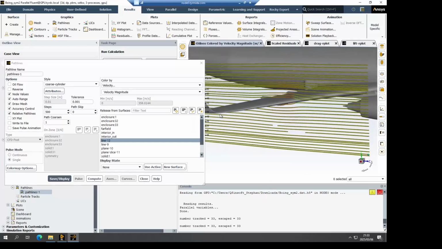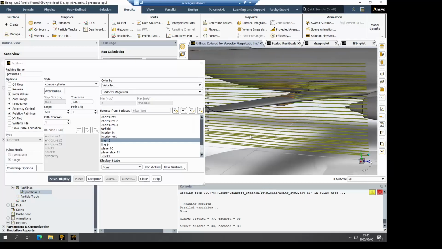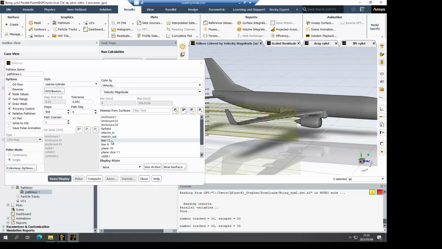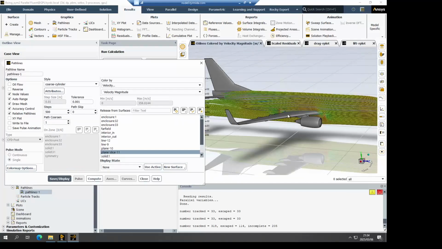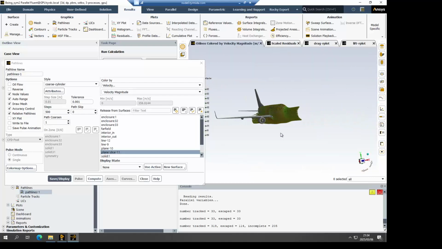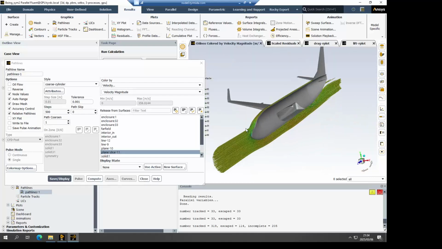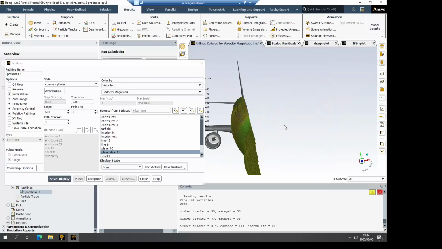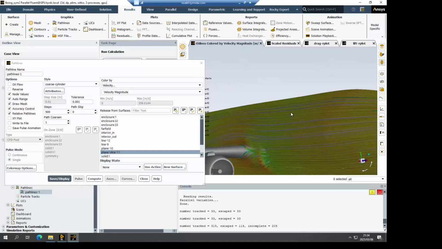Okay, so then you can see the flow around the airplane, around the wing. Now we can also, for example, plot it at the nose of the airplane. Okay, now we can see the flow of air around this fuselage basically. This is in front, then you see how it flows around the plane.